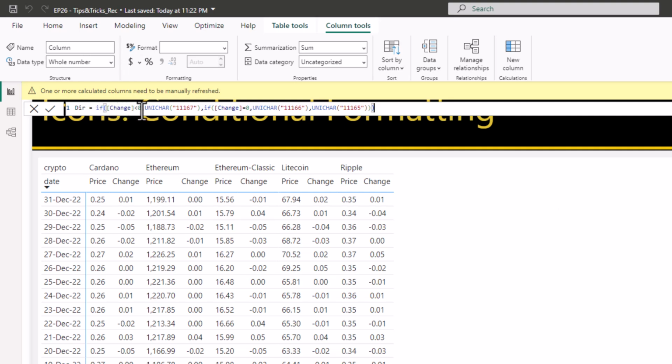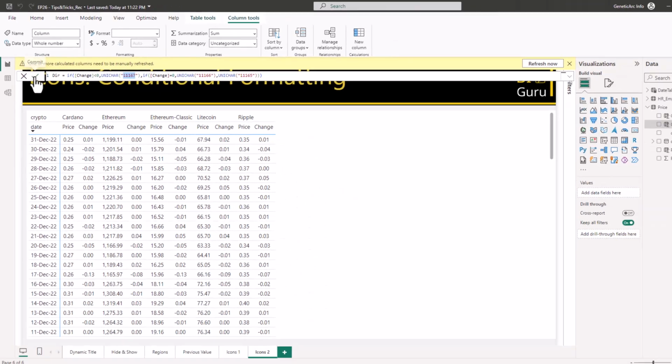If it's less than 0, it will use a function called UNICHAR. So you just copy the number of the icon from the list I showed you earlier for the arrow down, and the same if it was 0, and otherwise if it's above 0. You can see each arrow has a different number. Let's just apply.